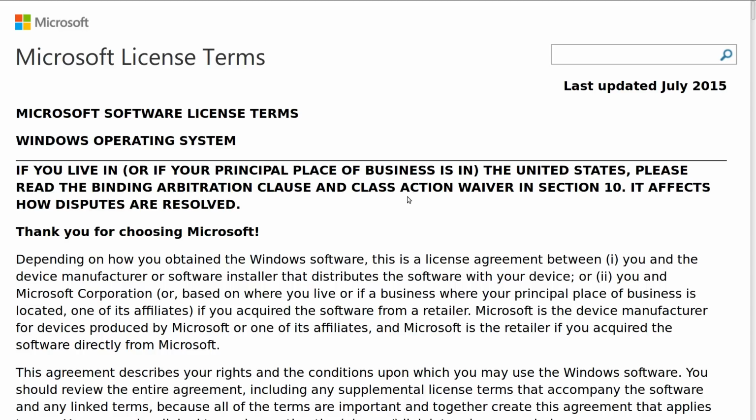Okay? Let's look at what is really important here. This is your Microsoft license terms for the Windows operating system. When you buy a Windows computer and you activate Windows in your name, you must agree to these terms. This is the EULA that you click on. And if you go out and you buy Microsoft Windows to install on your system, you have to agree to this EULA, and you have to activate the system in order to get what they call genuine Microsoft products, or whatever the deal is.